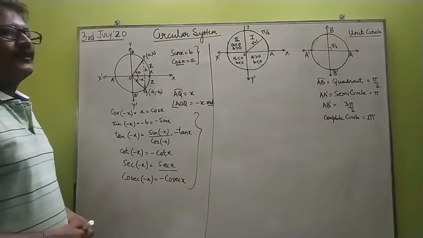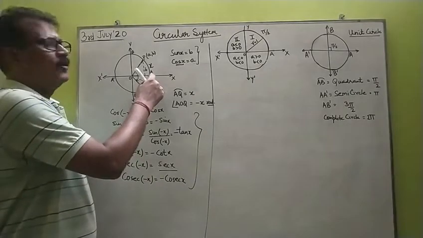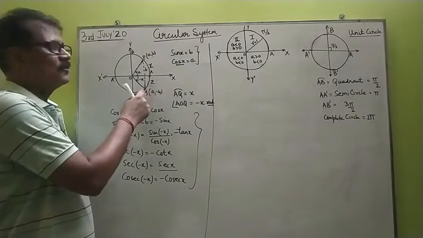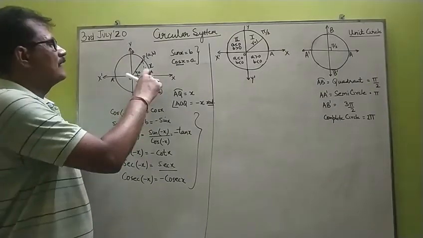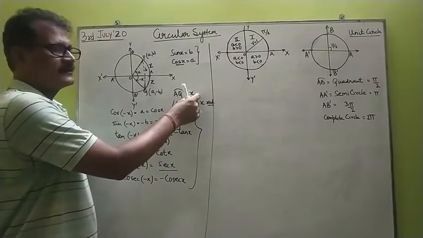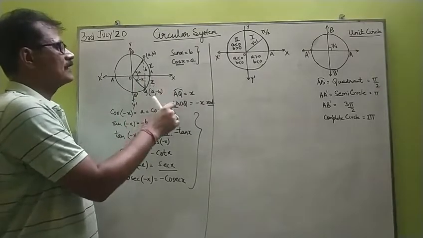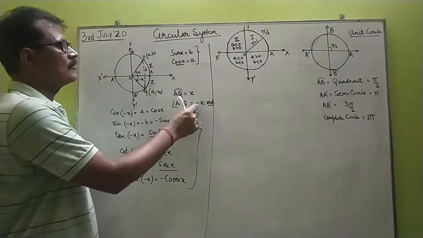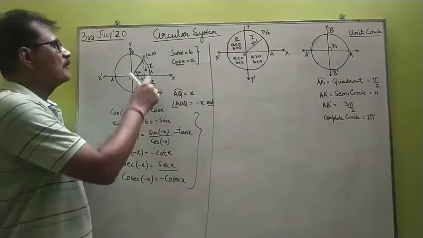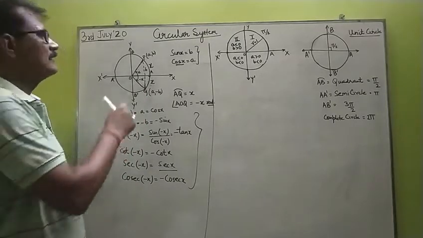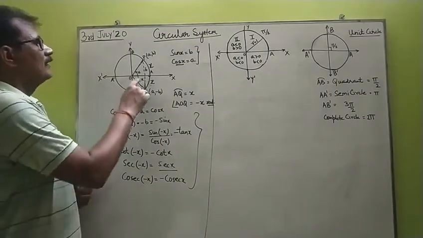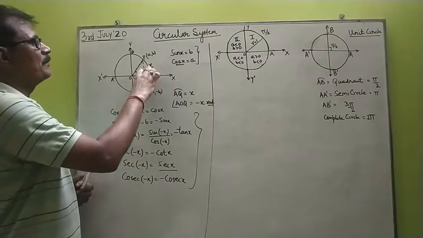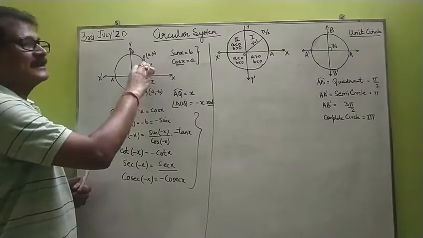Continue. Suppose a moving point moves from point A and reaches point Q all along the circumference, moving clockwise with the arc length of AQ as x. Then the angle subtended at the center, that is angle AOQ by the arc AQ, will be equal to minus x radians. Why? Because it has turned clockwise. Now the value of A will remain positive, whereas the value of B will become negative because it will lie in the fourth quadrant.